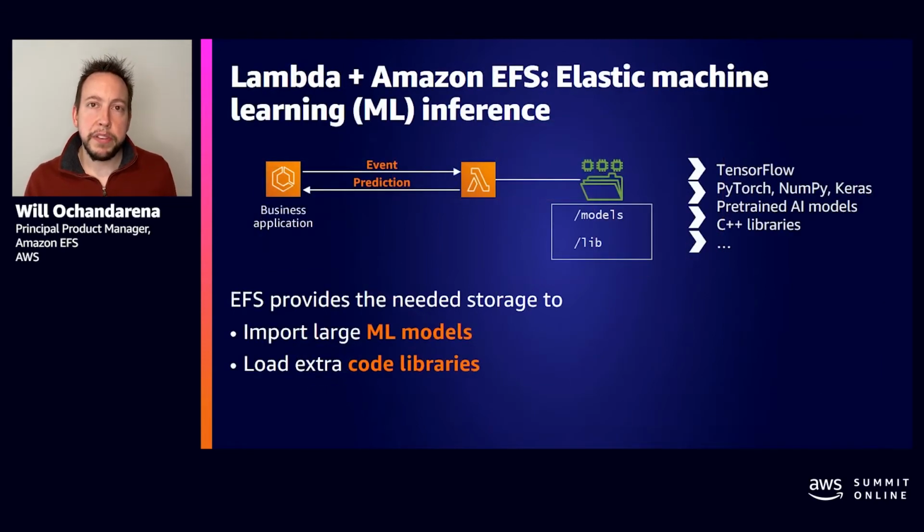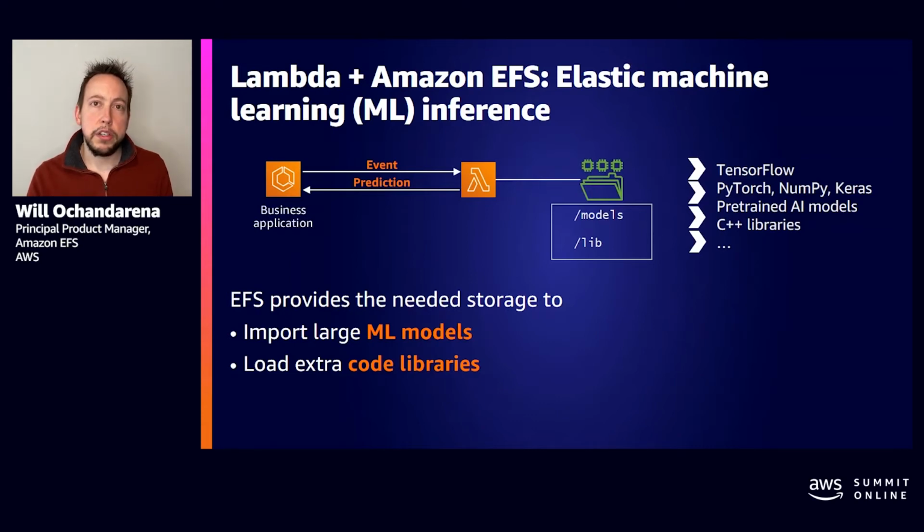So one example of a use case for EFS and Lambda is machine learning. Now, with machine learning, there's of course two parts of it. There's training machine learning models, and then there's running inference or serving predictions using that ML model based on new API calls coming in. It's common to use Lambda for the inference component because it can scale up and down according to load.